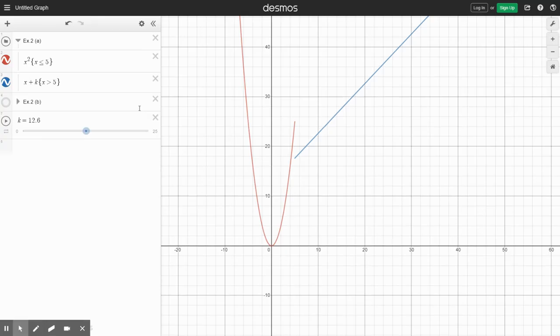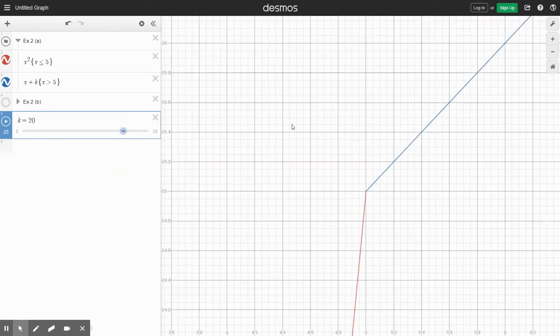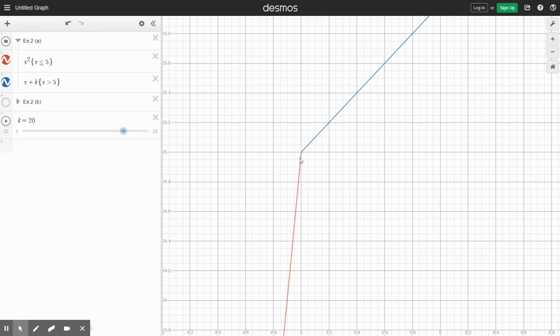Well, let's actually verify it. Here we have our k. Let's set k equal to 20. Notice that if we zoom in, that's exactly what we wanted, because at k equals 20, the red function ends and the blue function continues. At this point, there will be no holes and no gaps. Because notice that if we move it a little bit, let's put 19.8, we still have a jump discontinuity here. But if we set it exactly at 20,